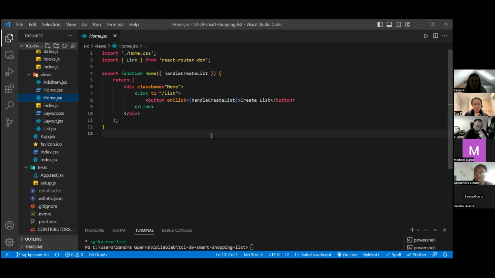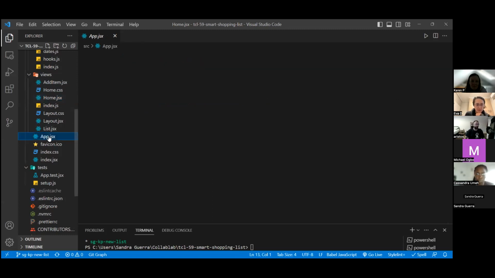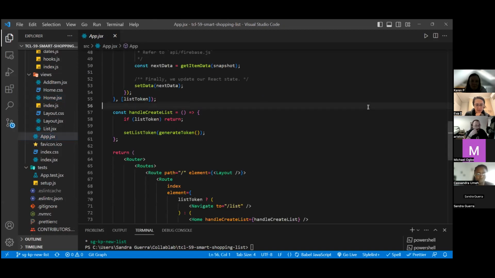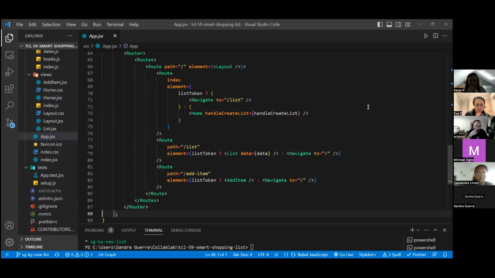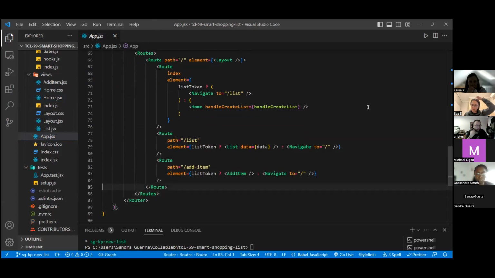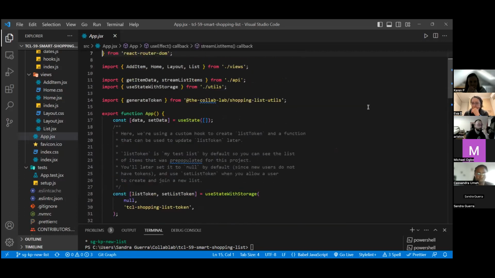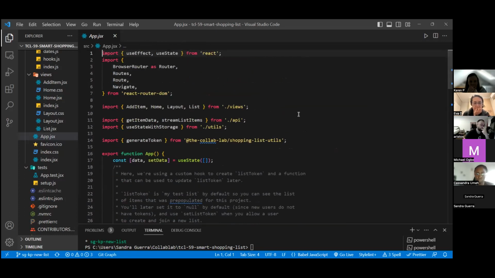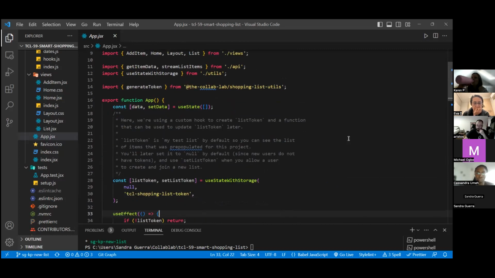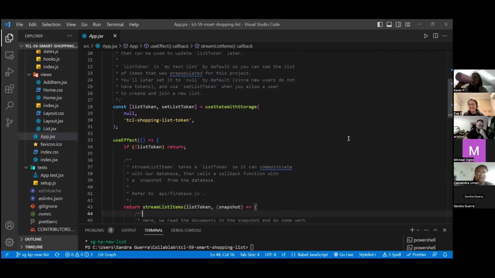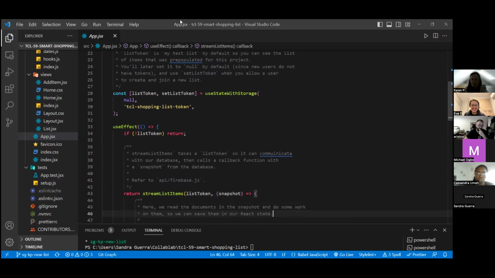Well, that's it. In the app component also, what we did, we modified. I think you added as well the navigate component, in case there was no. Yes, we did that. So here we added the navigate component, and that's what I was about to explain about. Just give me one second.